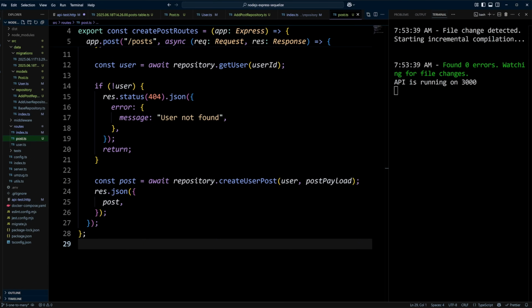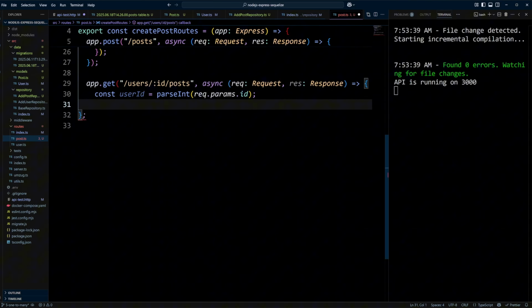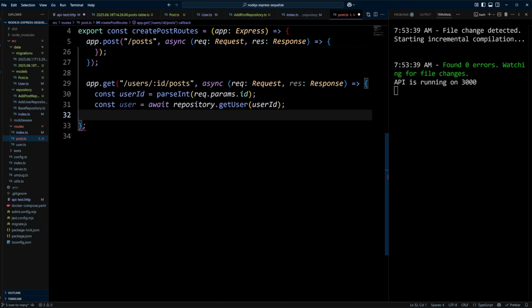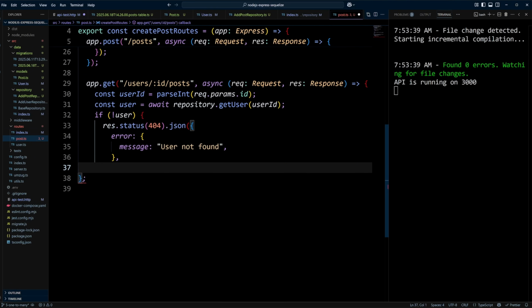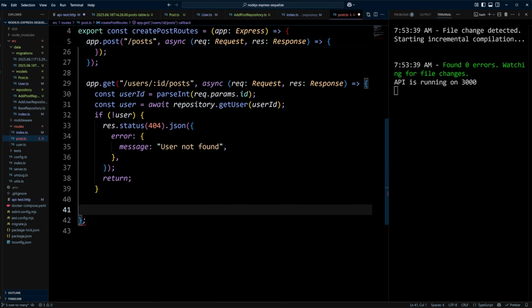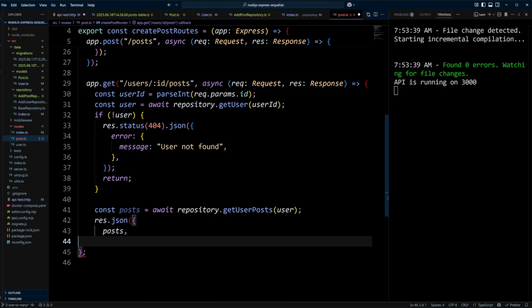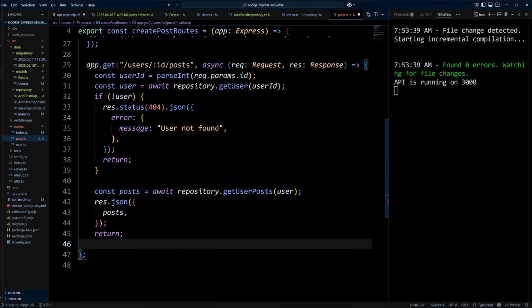In the user.ts file in the routes folder, let's add app.get route handler for the user post route. We will get the user ID from the route parameter and attempt to fetch a user by this ID. If we don't get a user, we will return a 404 user not found response. Otherwise, we'll call the getUserPost method on the repository, passing to it the user and respond with the returned posts in